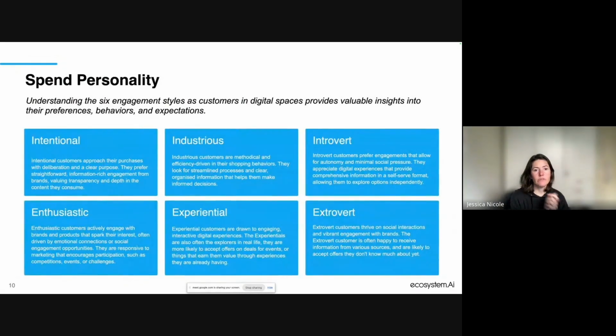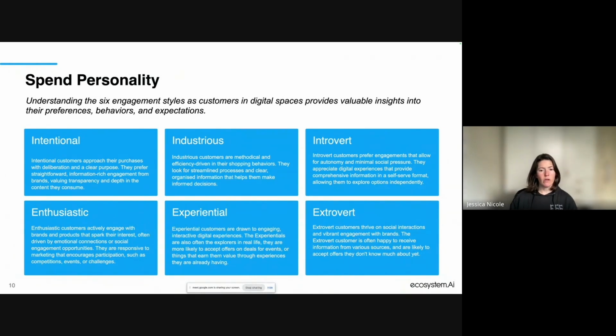So I just wanted to show this. We talk a lot about spend personality, so I'm definitely not going to go through each and every one of these, but maybe you can read through it a little bit while I'm talking. You can use an understanding of their personality in order to define which mechanism, paired with which feature or which value, can go to which personality.